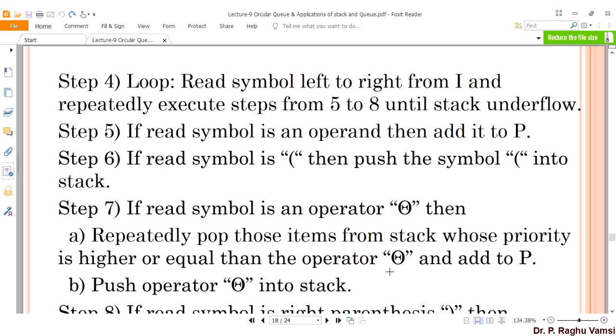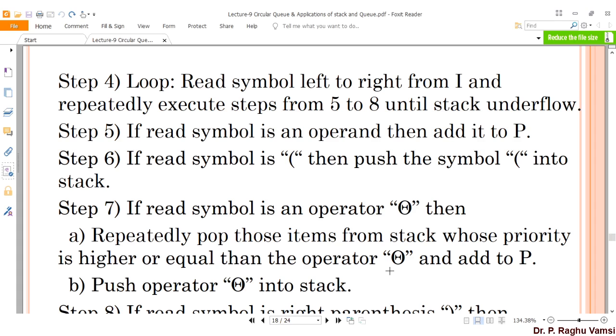For example, while reading the expression, if you have got an operator called star, then whenever you get the operator star, immediately pop the elements from the stack. How long do you need to pop the elements? The popped element should be an operator whose priority is higher than or equal to the operator that you got while reading the input.